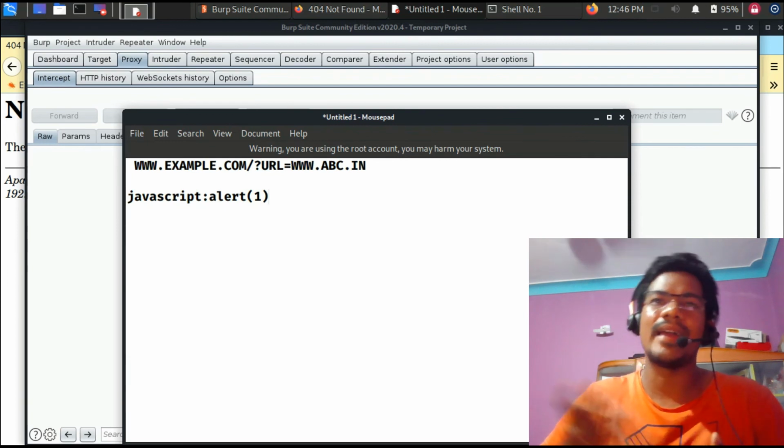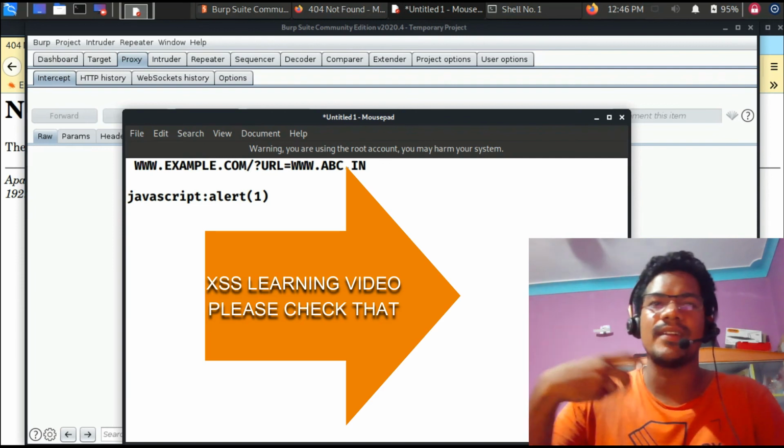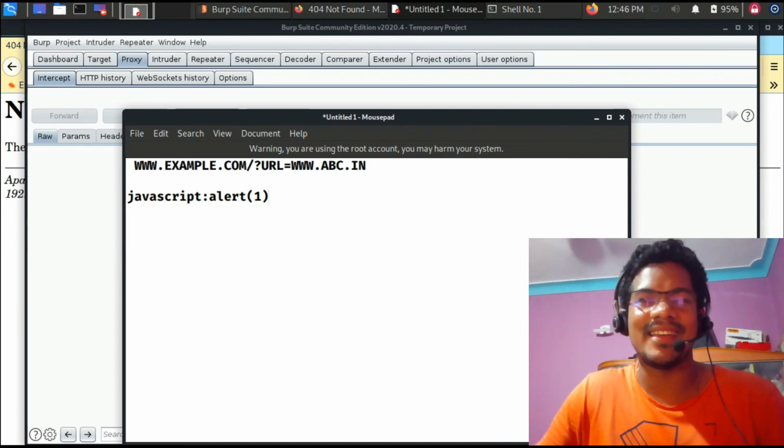This is one of the payloads I have already discussed, like the URL format inside the HTTP response, where you can try out this kind of payload. So you can try out this payload. It might work for you again if you are lucky enough.